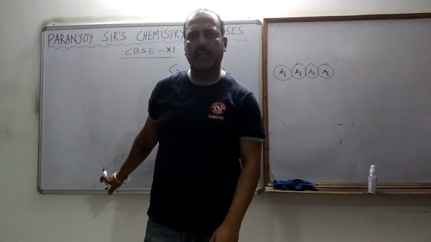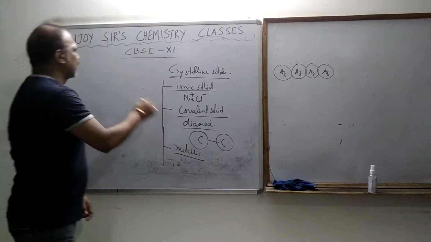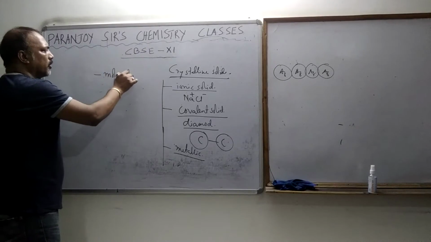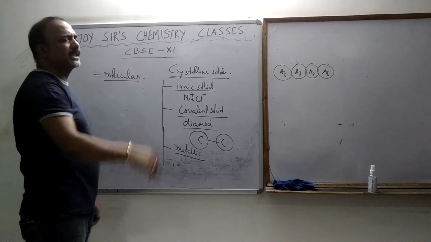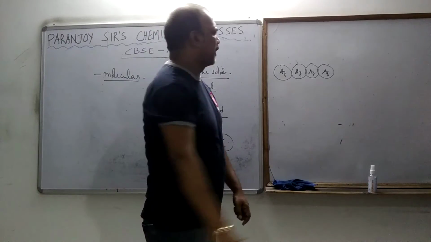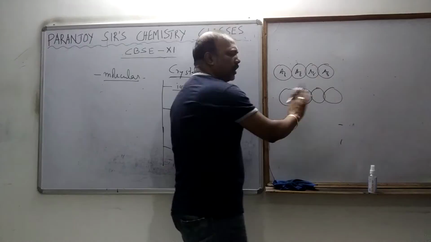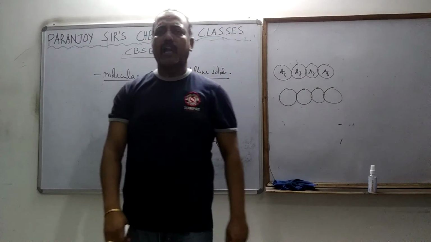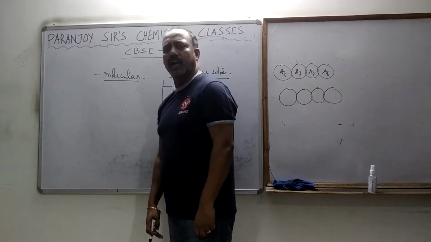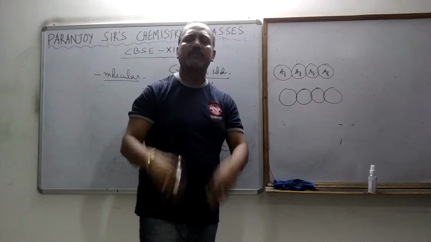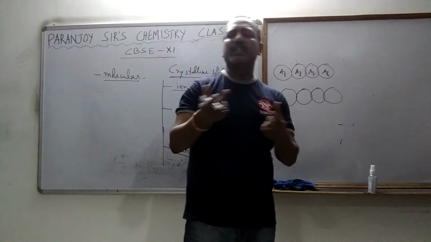Okay. And the fourth type is called molecular solids or molecular bond solids. Now here the particles are molecules. I told you it can be atoms, it can be ions, it can be molecules. Now the particles are molecules, and the nature of the bonding between them is just a kind of intermolecular force